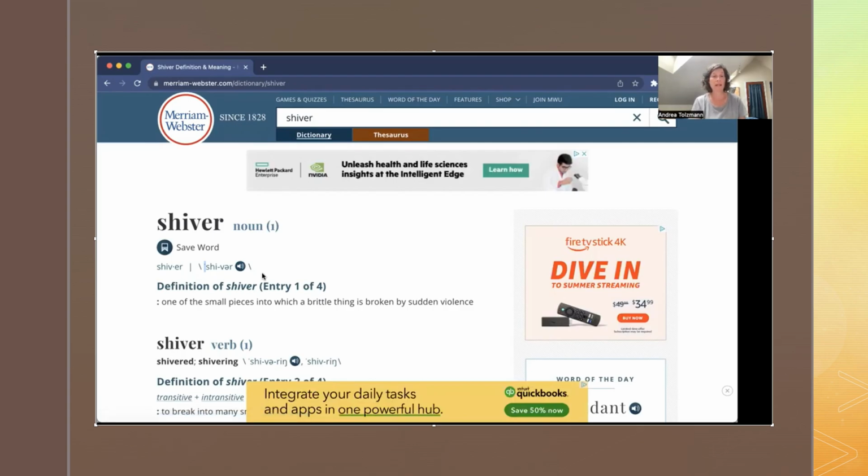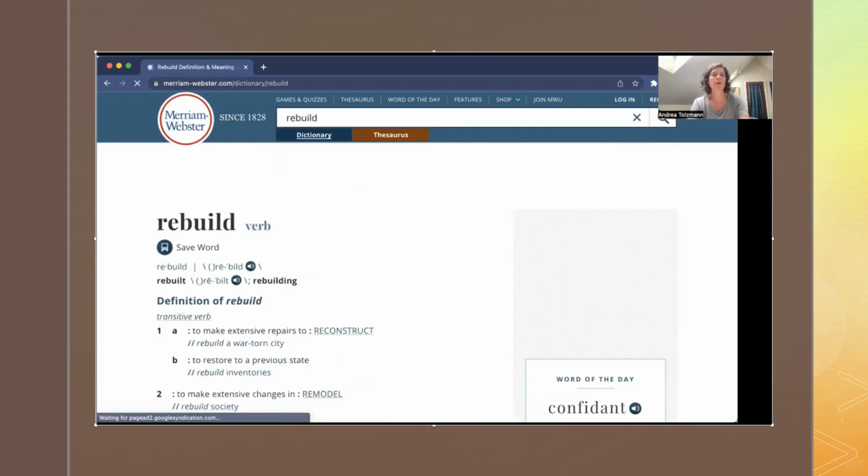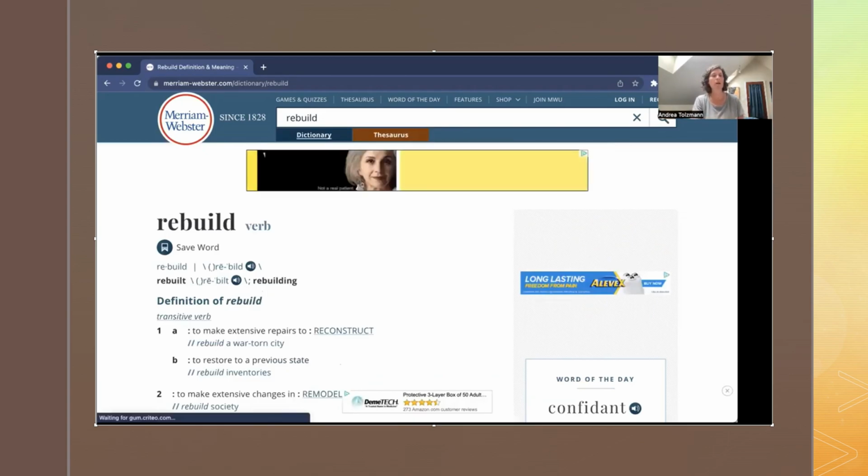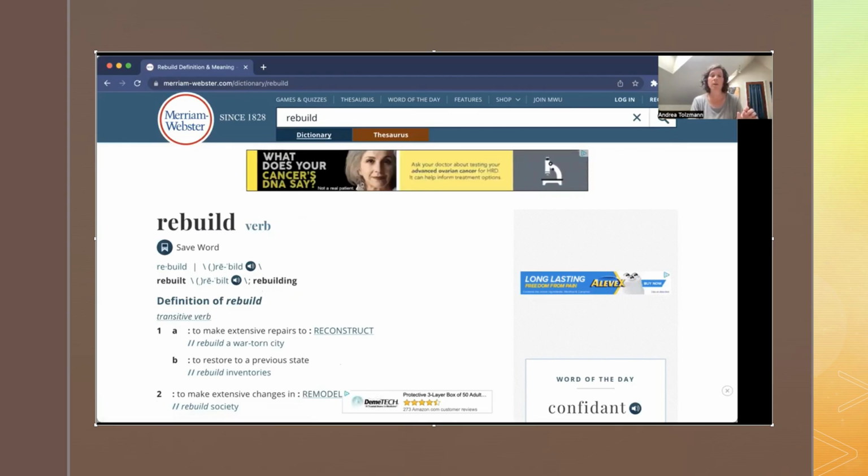The third activity is actually related to prefixes. And this one you could, again, use a print dictionary or you could use an online dictionary. For this case, just because I've already got it up here, I'm going to look it up here. So this would be where you give a student, and this would be great for partner work, give students a prefix. In this case, let's use the prefix re, R-E, and give them one word, rebuild, and then have them